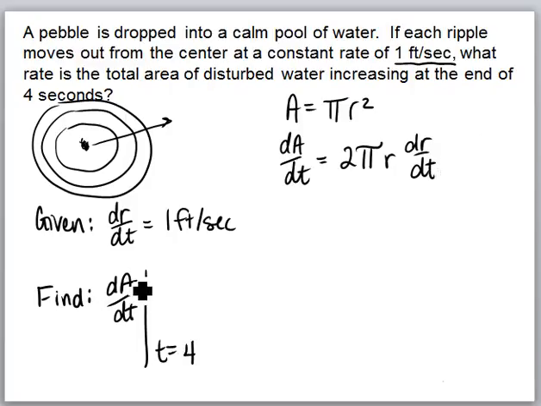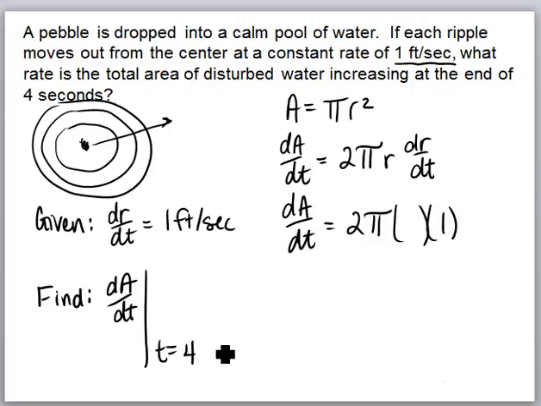I'm trying to find what dA over dt is when t is 4. I need to plug in my known values. I only know that dr over dt is 1. Well, what is r at the end of 4 seconds? It's changing at 1 foot per second, so at the end of 4 seconds, my radius would be 4 as well. So that means my dA over dt is equal to 8 pi, and that will be my final